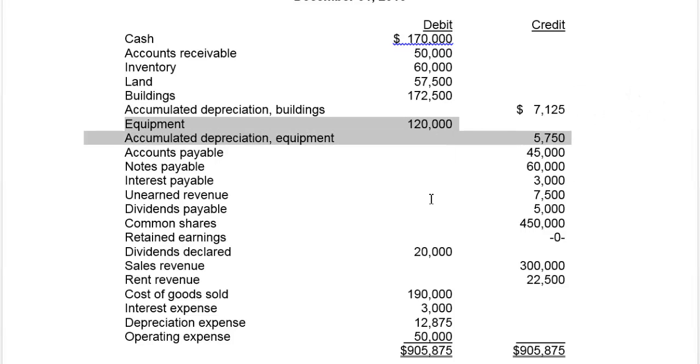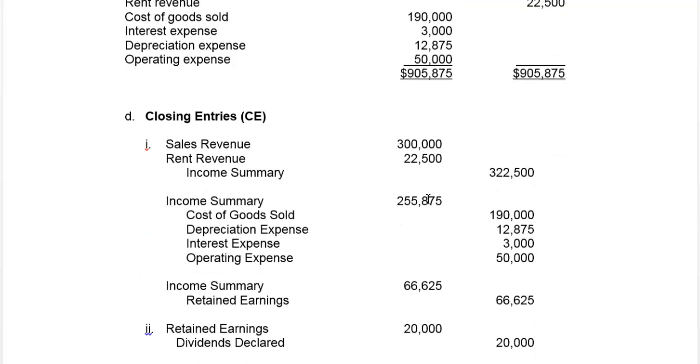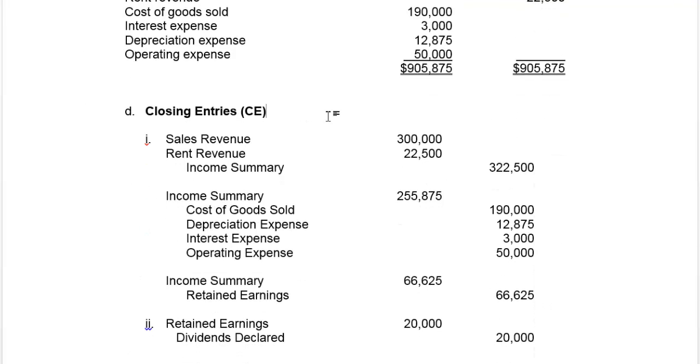Okay, so now that we've got that, once we've done the statements, we would say, well, now what we've got to do, once we've got the adjusted trial balance and we've done our income statement using the information on that, is close the income statement accounts. What do we mean by closing? What we mean by closing is we need to update, or we need to bring